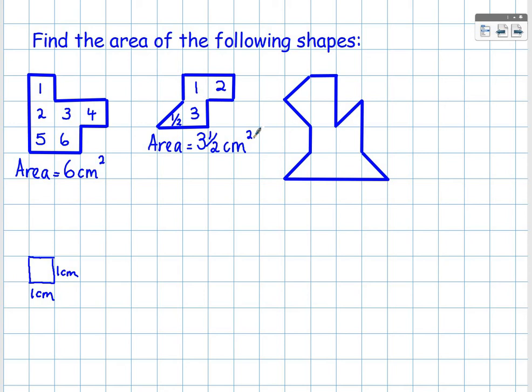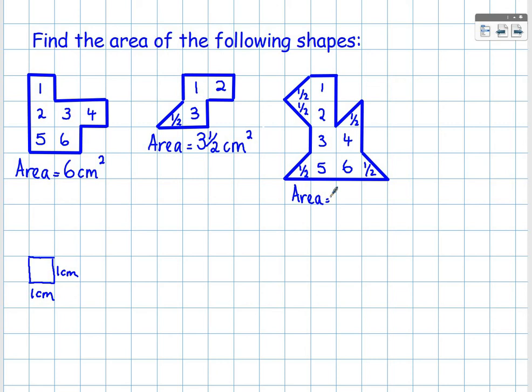And the last shape on this slide then, we've got a few more half squares here. I'm going to count the whole squares to begin: 1, 2, 3, 4, 5, 6. And then if I count up my half squares, I've got 1 half square, and another, and another, and another, and finally the last one here. So the area of this shape here,